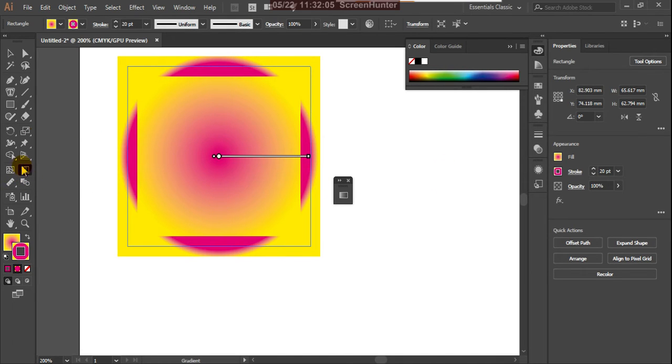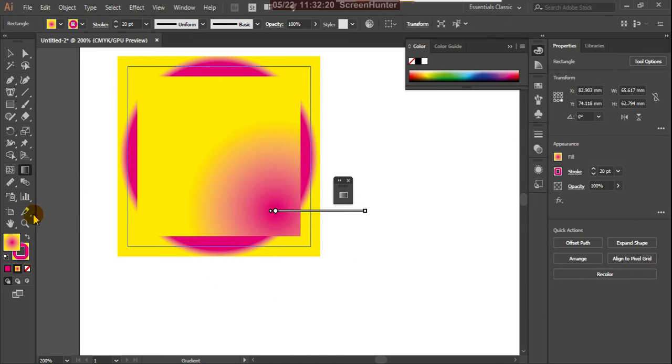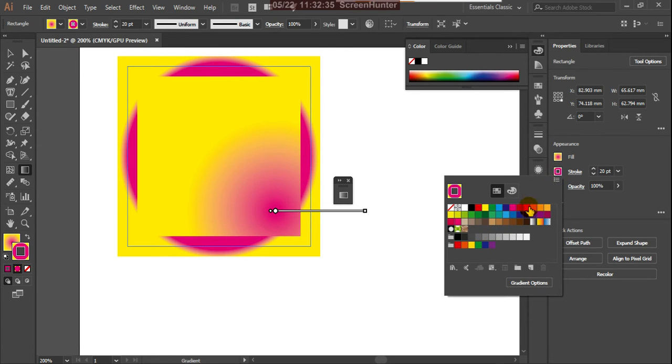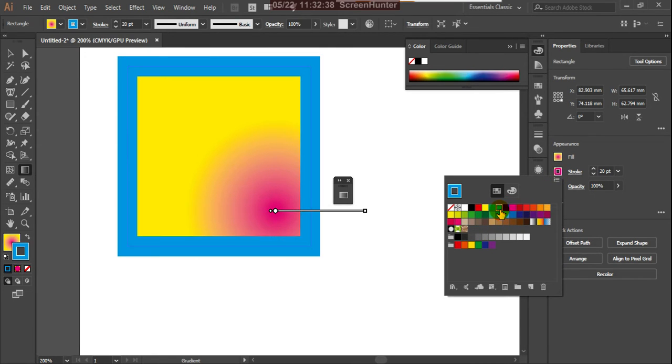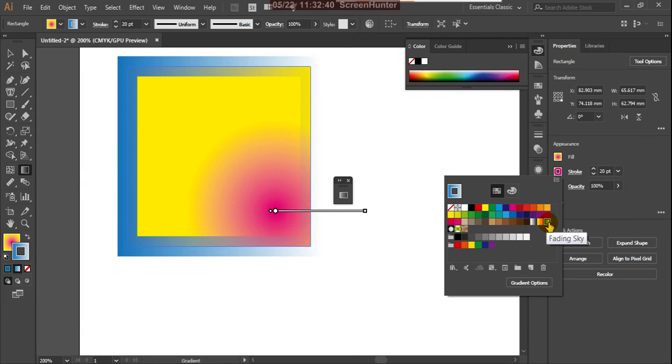So this is for fill color, and suppose this is outline color. Because the outline thickness is that much only, it is not affecting that. This stroke color, if you change this, you'll understand. Yes, the two gradients.